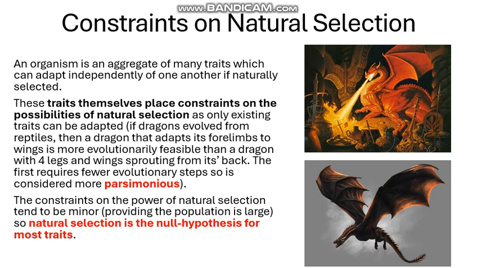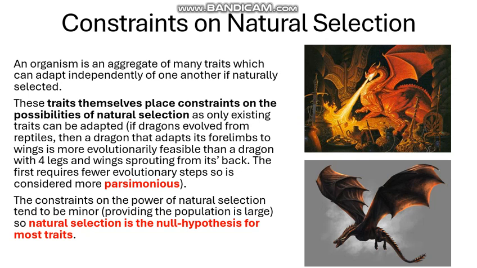Now, if we look at the two different types of dragons shown on the right, the top dragon has 4 legs and 2 wings coming from the back, so that would imply that the organism would have had 6 limbs, whereas the dragon on the bottom has adapted its front limbs into wings and adapted its hind limbs into